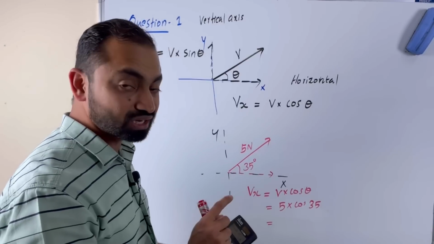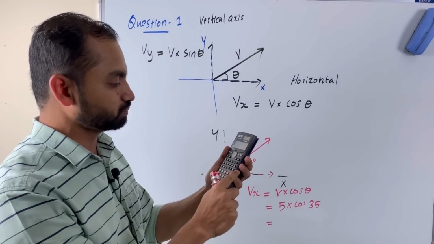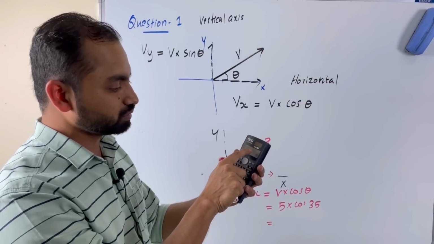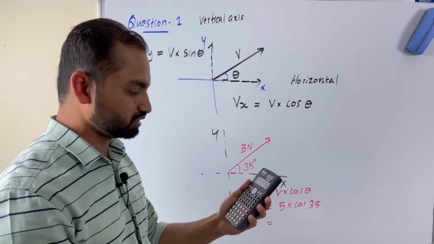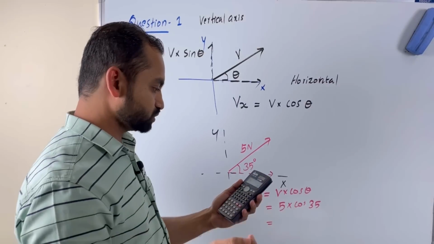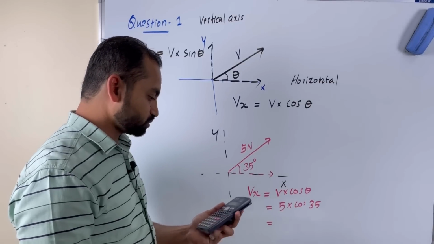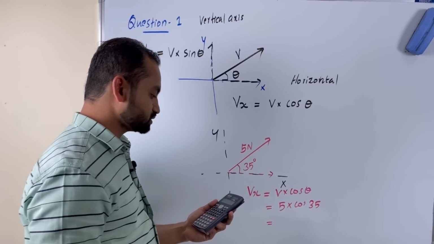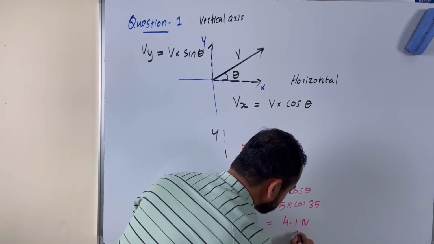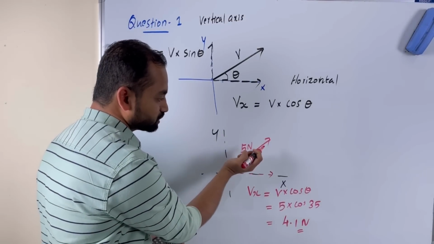When you use the calculator, make sure that your calculator is in degree mode, okay, not in radian mode. If it is in degree mode, it will display D here. If it is in radian mode, it will display R. If it is in radian mode, you need to change it into degree mode. Okay, so you need to remember that when you are doing the examination. And 5 multiplied by cos 35 equals 4.095. So I will write 4.1 Newton is the x component,